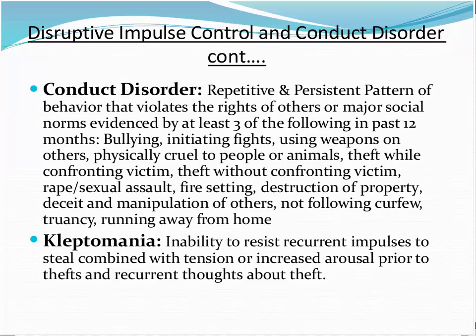Perhaps the most impactful change is the addition of a new specifier for conduct disorder, which is called limited prosocial emotions, and includes 2 of the following: lack of remorse or guilt, callousness, lack of empathy, unconcerned about performance, shallow or deficient affect for at least 1 year in multiple settings. This specifier has profound implications as it is seen as a significant indicator of poor outcomes.